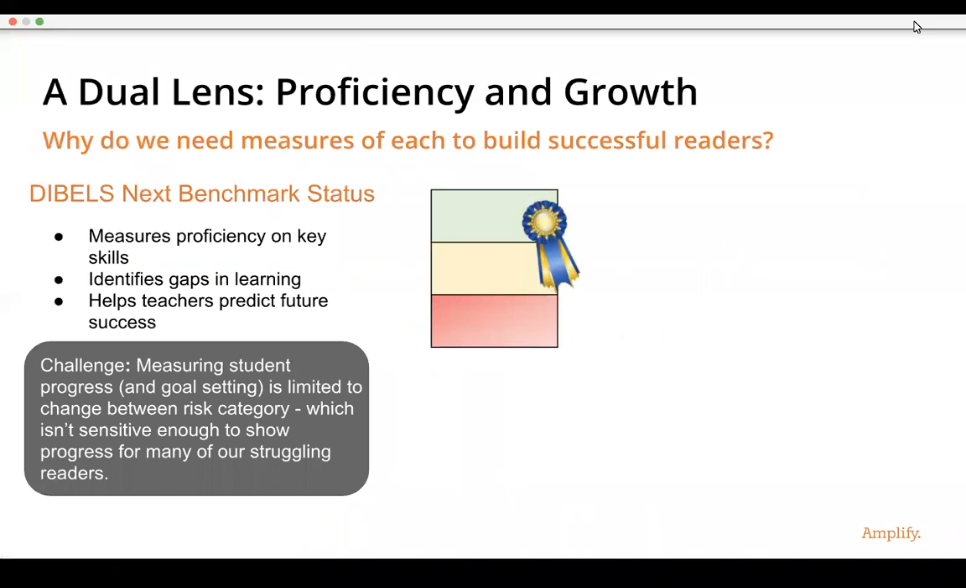These next few slides are a high-level overview of what we've been talking about during each session, just to refresh our memory and get us thinking about Pathways again as we dive into it at this time of the year. And just remembering that it's important to look both at proficiency and growth. When we are looking at that benchmark status or the composite score, that is looking at measure level proficiency on the key skills, and we can identify gaps with that, and we can help teachers predict the future of success. So there are many benefits of looking at that benchmark status. However, there is a challenge of